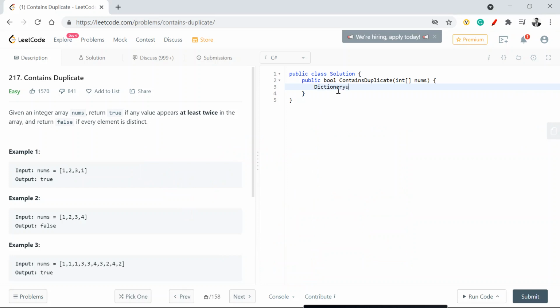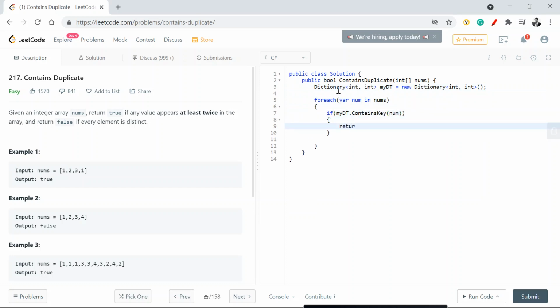So just to quickly pen it down, it will be a Dictionary of int comma int. My dt is equal to new Dictionary of int comma int. Then for each num in nums, I'm going to say: if dt dot ContainsKey(num), I'll simply return true.